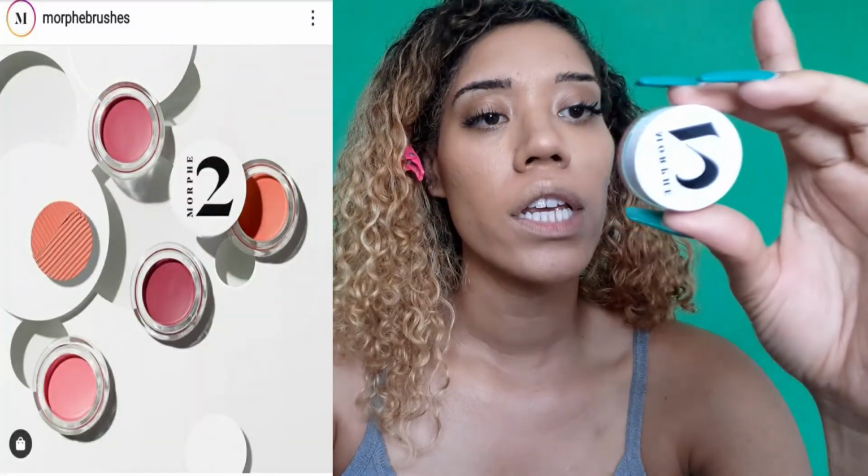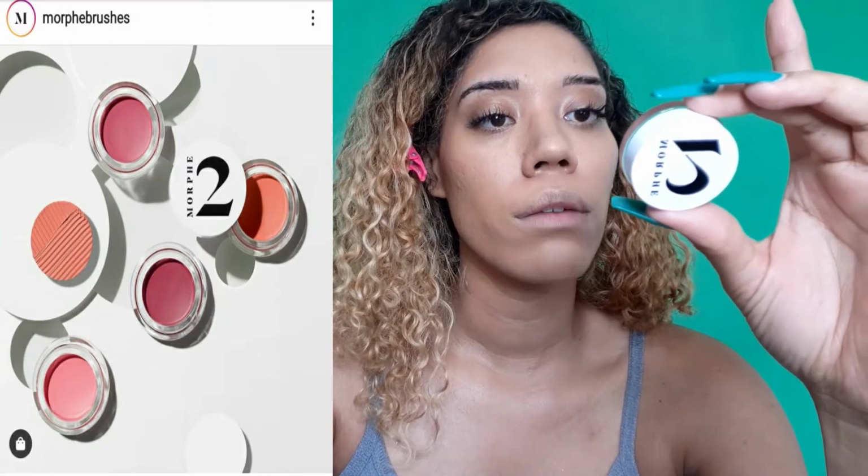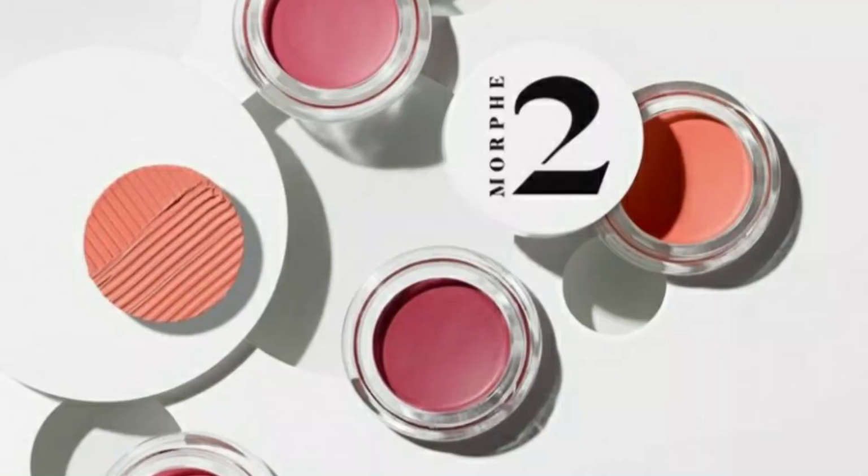The second product I was able to get is one of their blushes. So this is the, it's upside down, but I have to read it. Anyways, this is the Wonder Tint Cheek and Lip Mousse in Dream. So that's nice. Honestly, this was the only color they had left, but this was the color that I was going for anyway. Now, I don't know how I'm supposed to get this out with these monstrosity of nails,